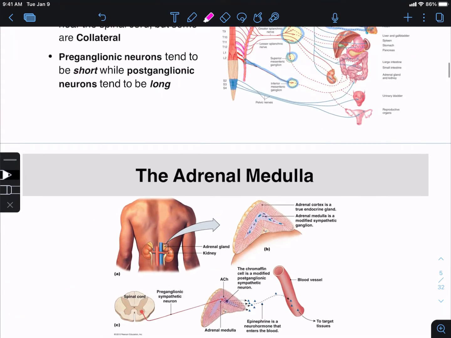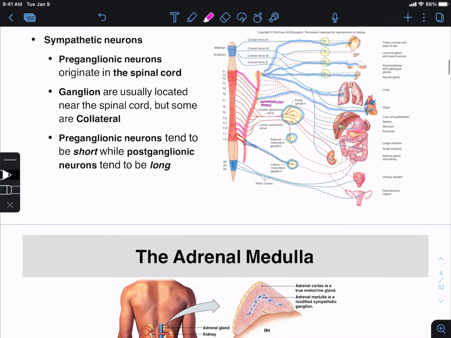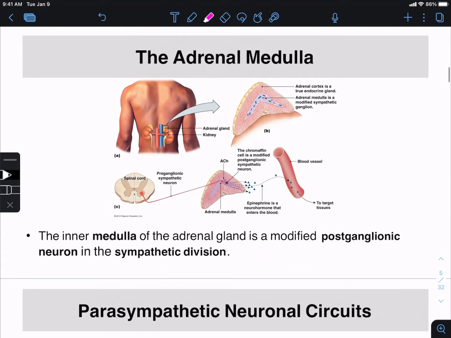The sympathetic nervous system tends to be our fight or flight nervous system, but I want you to understand that the sympathetic nervous system is also involved in maintaining homeostasis. Most people think of fight or flight as a response to an emergency situation, which is true,